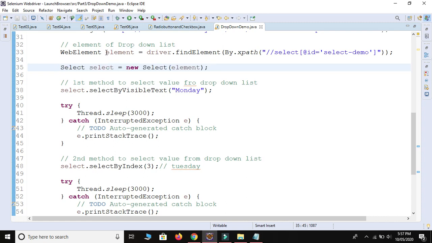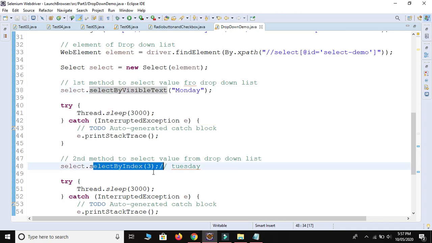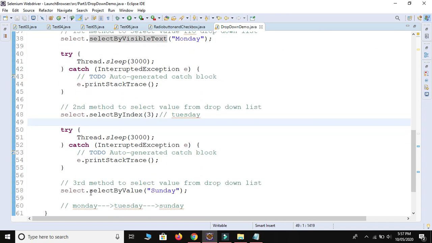So better to find your parent element and pass it to the Select class and use any one method: selectByVisibleText, selectByIndex, or third, selectByValue. From any one method you are able to select your sub element from the drop down.